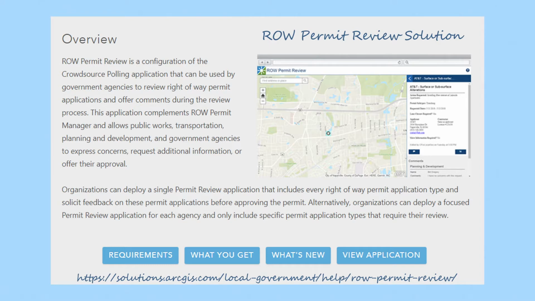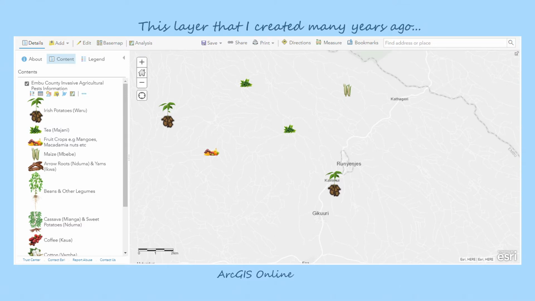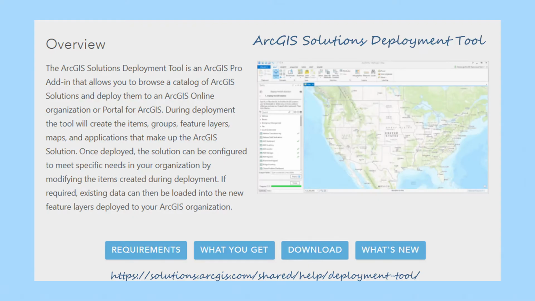The reason why I'm doing this is I would like to bring in a hosted feature item that I have in my ArcGIS Online, and to show you how you can bring in your own hosted feature item and use that in the solution. So to start with, we need to